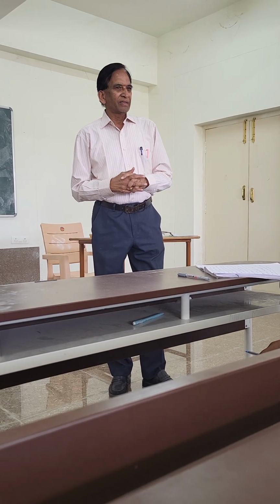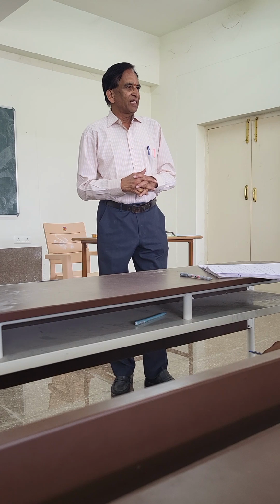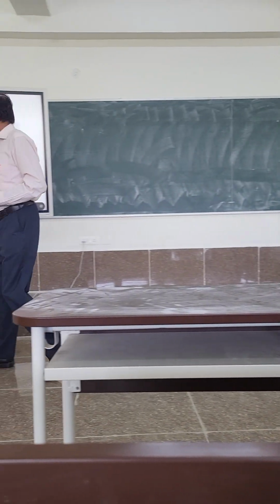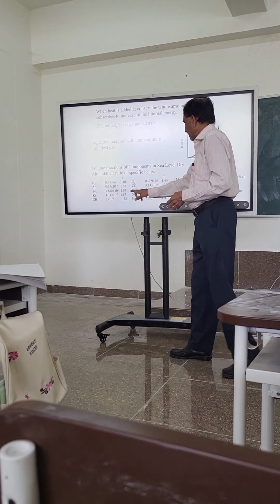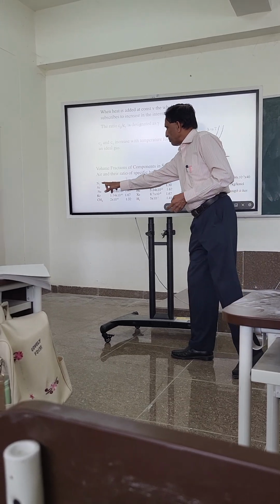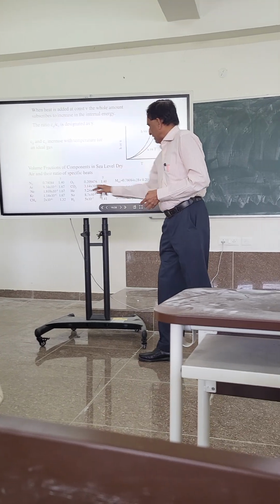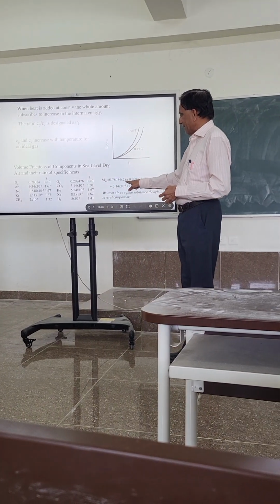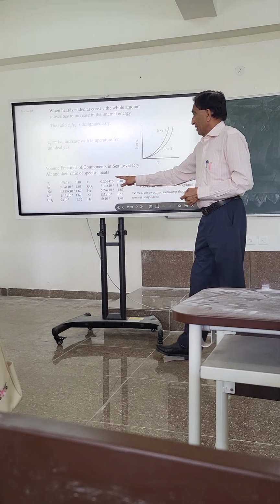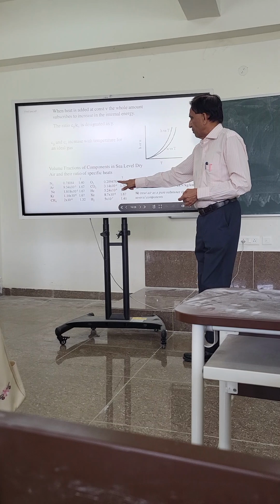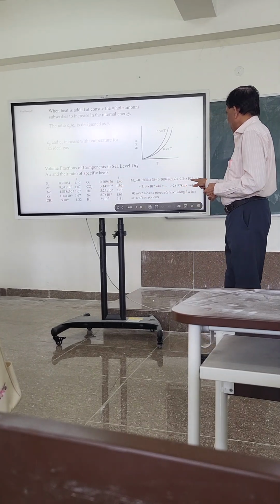I don't know if you have done high school chemistry. Then there is a mixture. How do you calculate the molecular weight of a mixture of gases? It is given by the mole fraction, which is actually the volume fraction, multiplied by its molecular weight. So if you take this particular thing, the molecular weight of air will be 0.7808 multiplied by 28, the molecular weight of nitrogen. Then 0.2094 times 32, which is the molecular weight of oxygen. And keep on adding that.